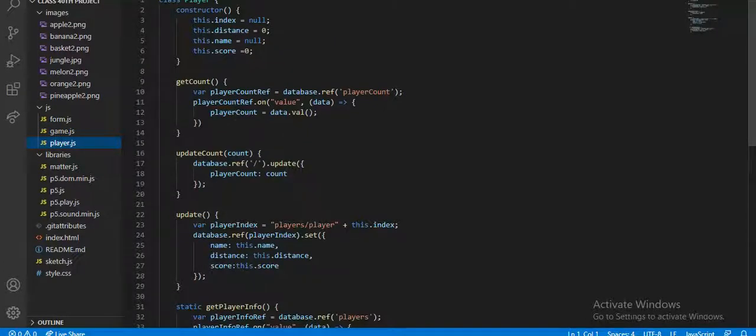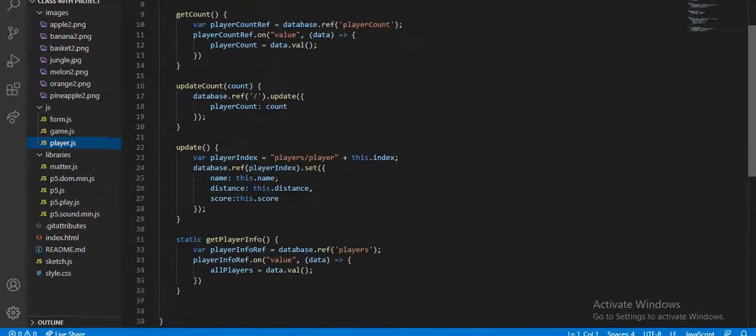So class Player, constructor, nothing, and this.index, distance, name, score is equal to null, 0, null, 0. Then getCount, it's getting the reference and the values and data. Then it's getting the playerCount data values and updating the count.